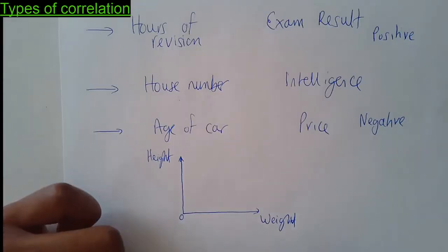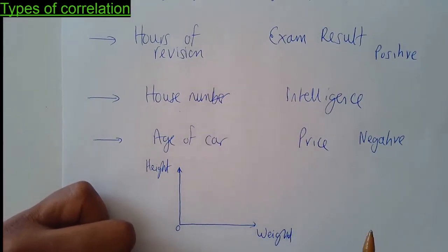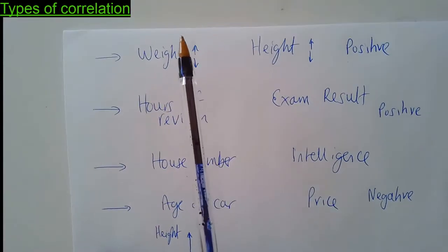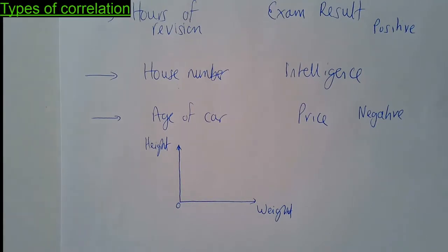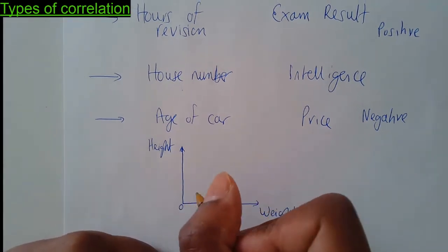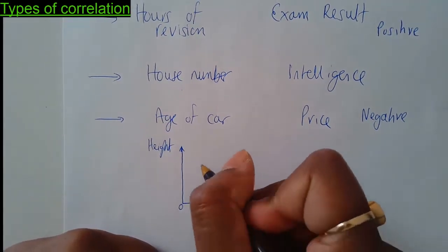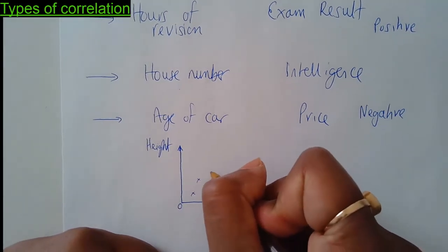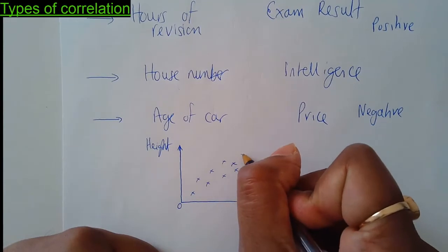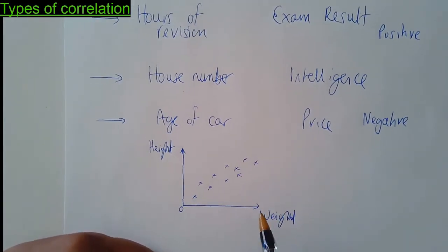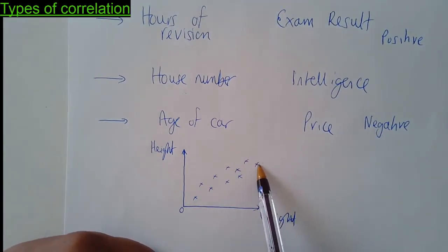Now, if you look at one of these in a bit more detail, comparing weight and height of different people. Let's say we've sampled lots of different people, 10 different people. We measured their weight and measured the height of those 10 people, and we found this. Okay, I'm just making these up. It's 5, 6, 7, 8, 9, 10. So if you look at this person here, on the far end,